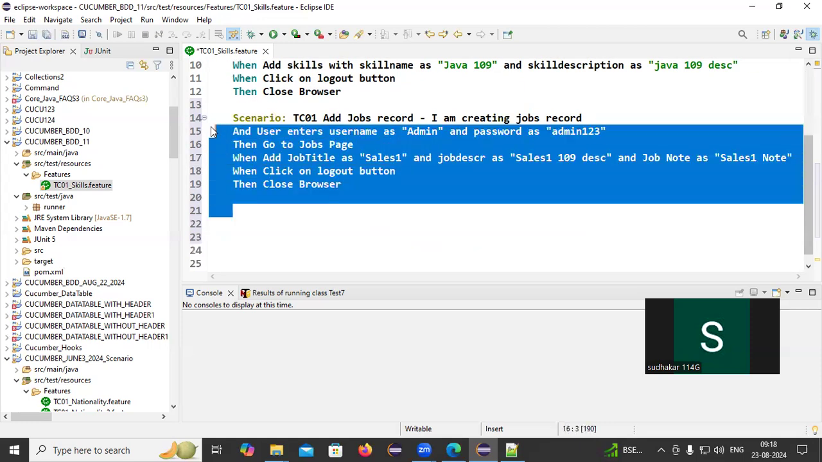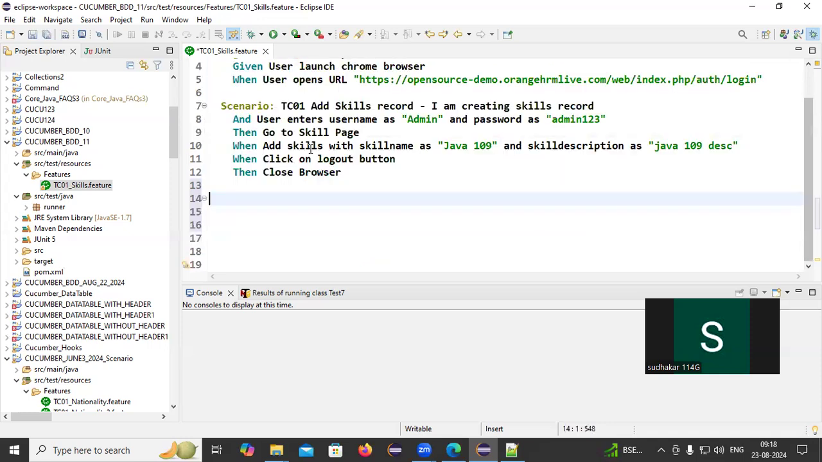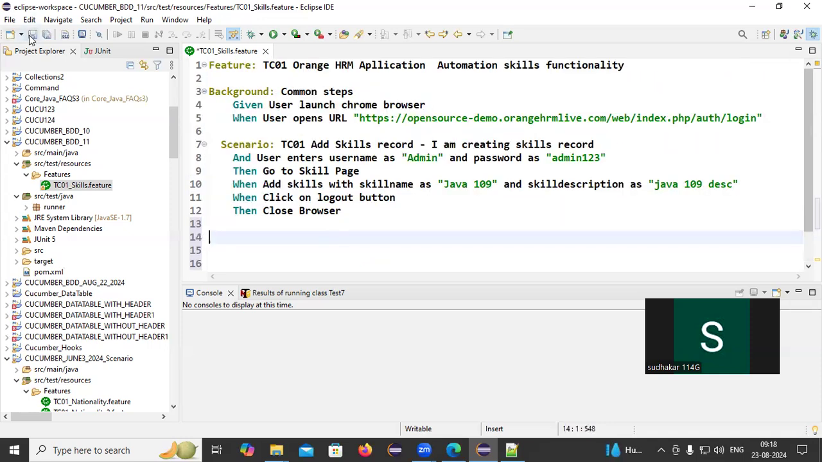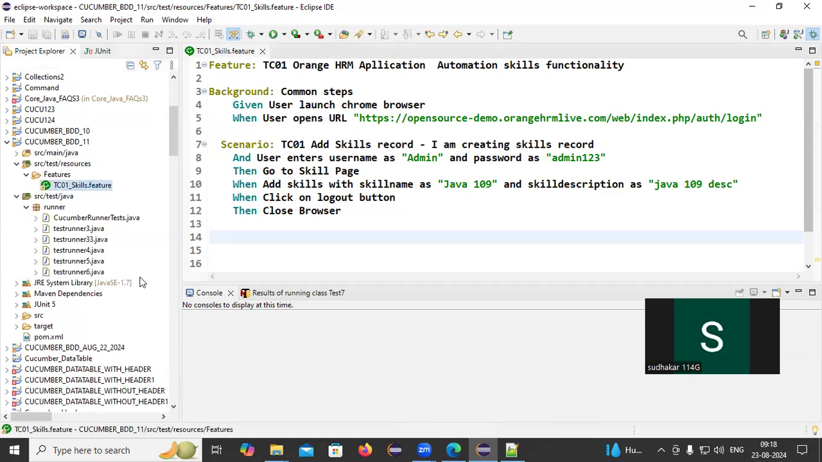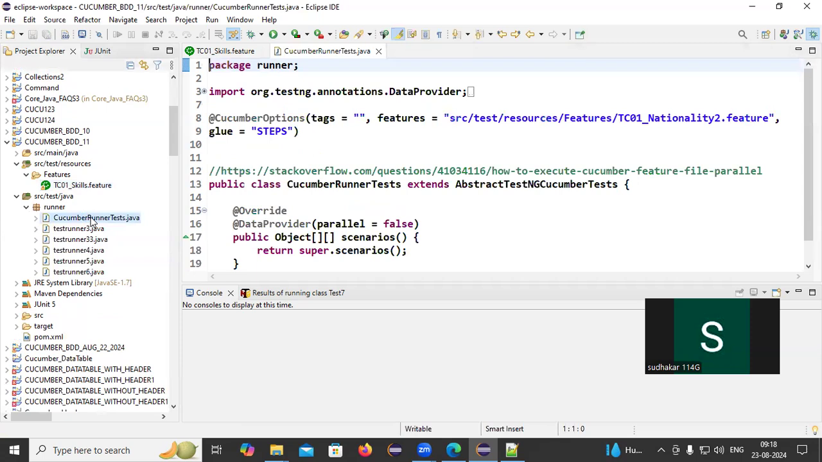Okay, right. So this is the first scenario, right? I'm going to write only one scenario implementation. So the first step, we updated the feature file. Now let's come to the second step. The second step, I'm going back to the runner package. Here I'm just double clicking on this runner package, and